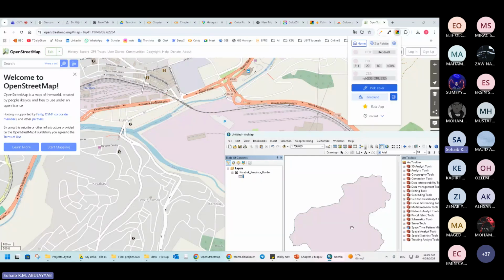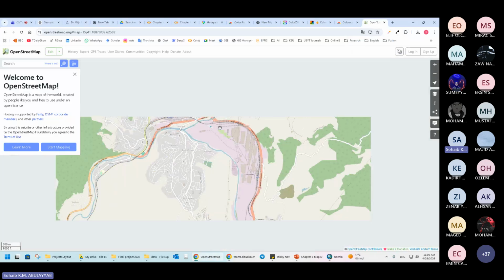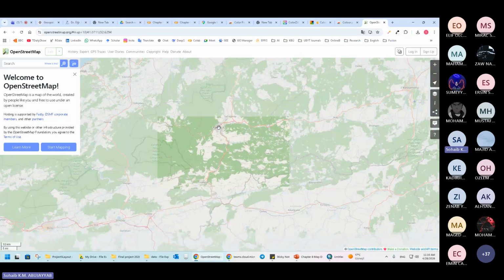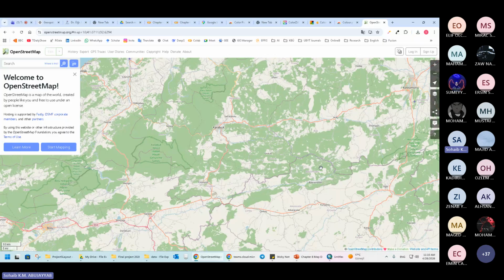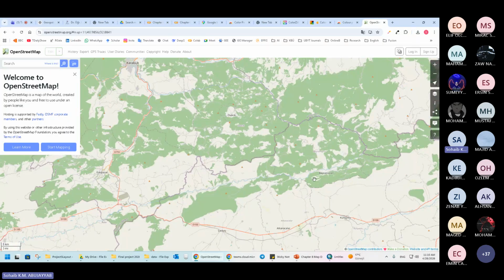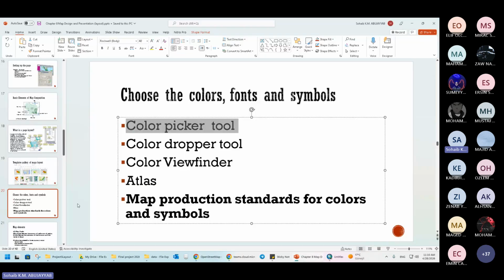So this is one of the tricks that you could follow to get the degree of the color and use the standard colors for specific classes in the map. And you can check the standards also. Sometimes they publish the RGB codes for the colors for specific features or elements in the maps,